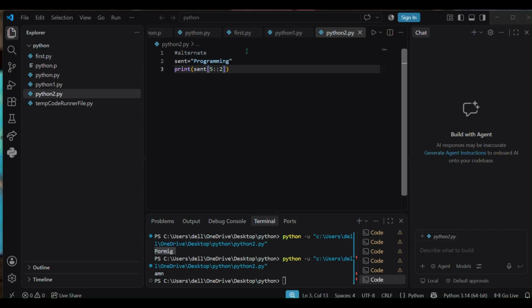If you are practicing these kinds of programs, do it yourself, practice more and more, and don't just directly press the run button to run your program. First, take out the output yourself on pen and paper, then run and check if your output is correct or